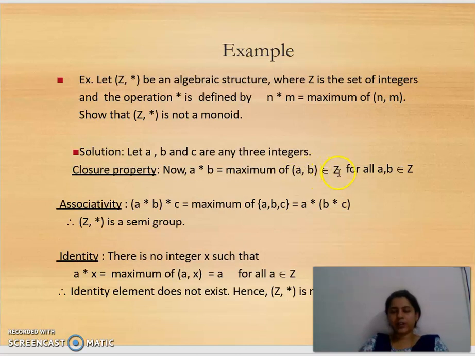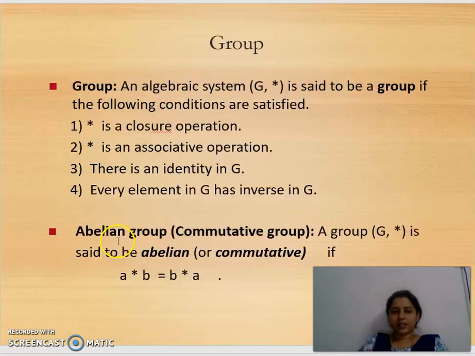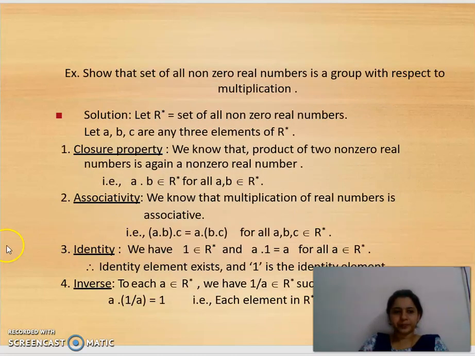If a and b belong to Z, then maximum of (a, b) also belongs to Z. So it's satisfying the closure property, and it's satisfying the associative property also, because taking the maximum of a, b first and then applying maximum with c is equal to taking the maximum of b and c first and applying it with a. So it's satisfying the associative property also,